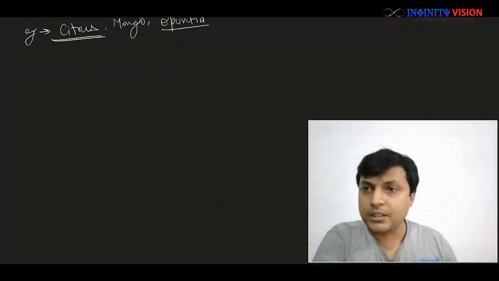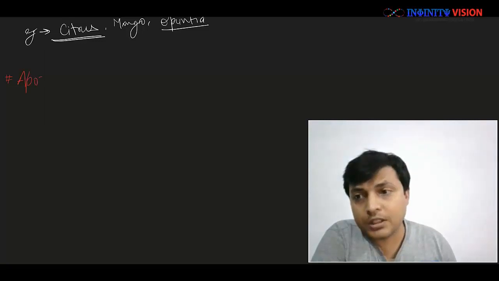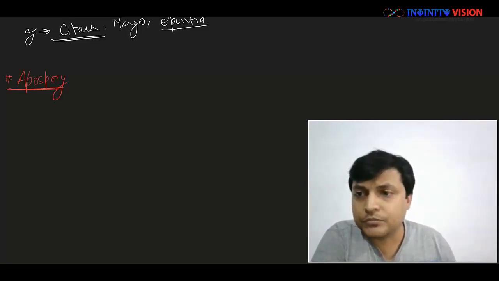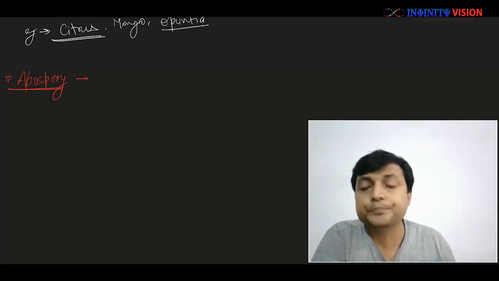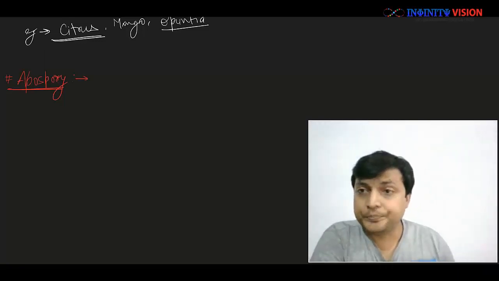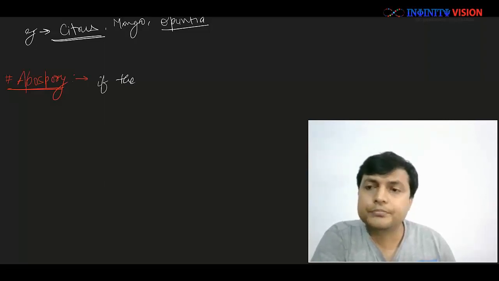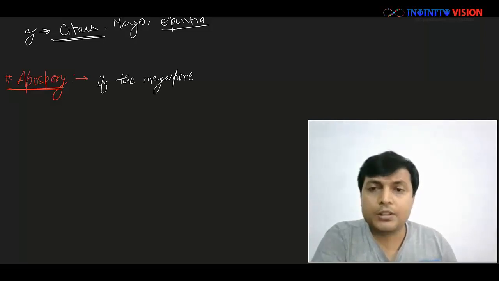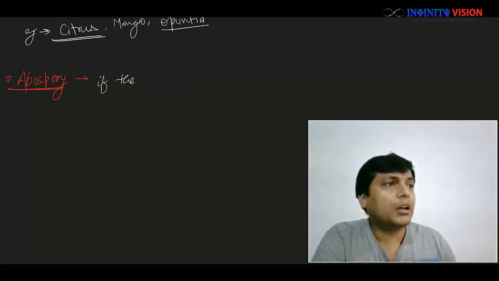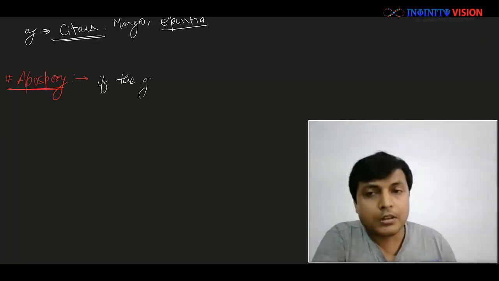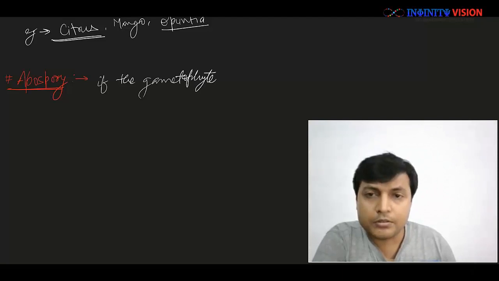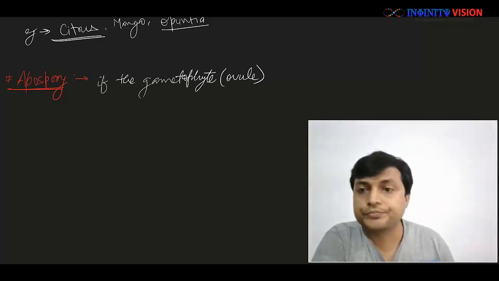Now let us see another case. The another phenomenon that happens in some plants is called apospory. Now what is apospory? Suppose the megaspore, or I should say the female gametophyte, the gametophyte, that is the ovule, or embryo sac,